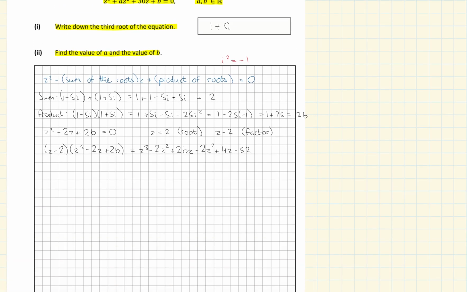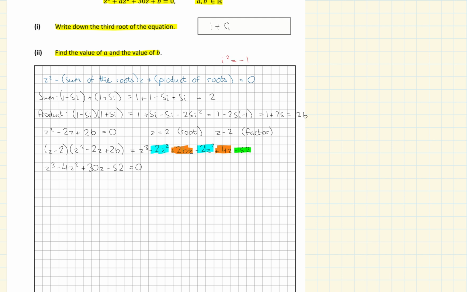We'll tidy up. We get z cubed minus 4z squared plus 30z